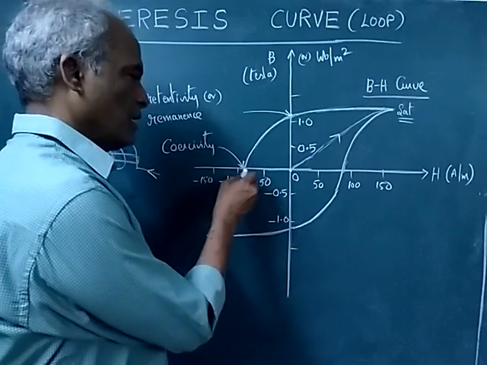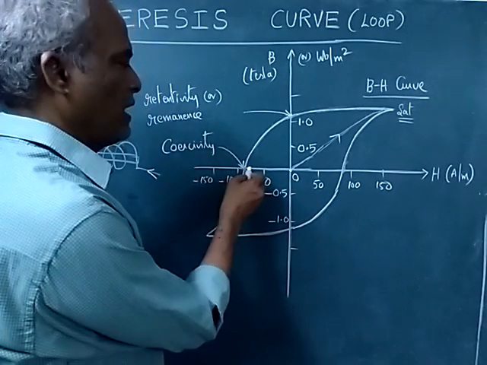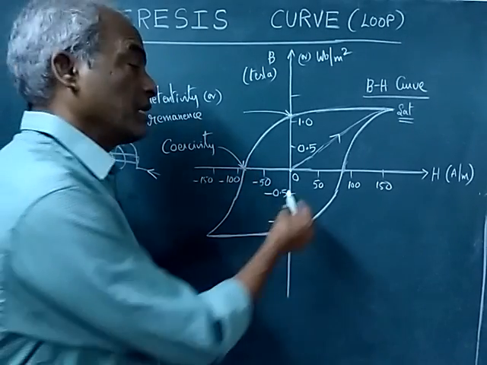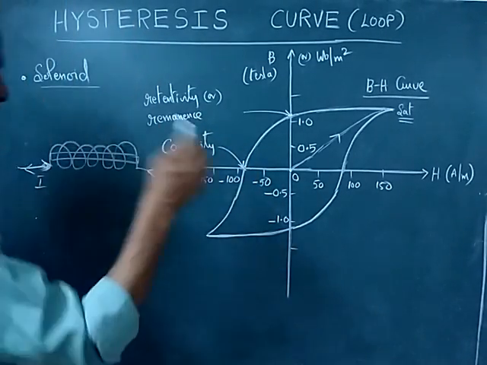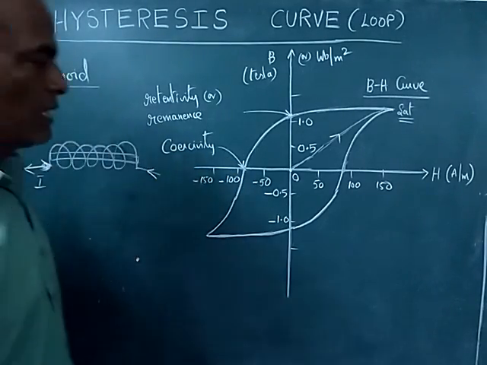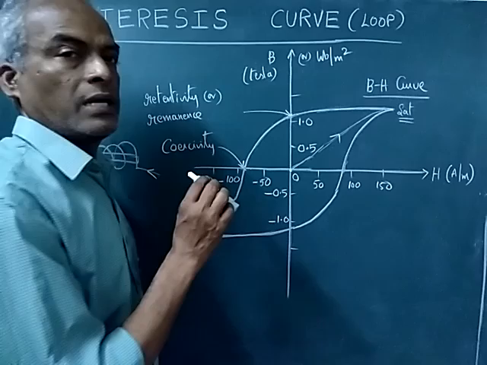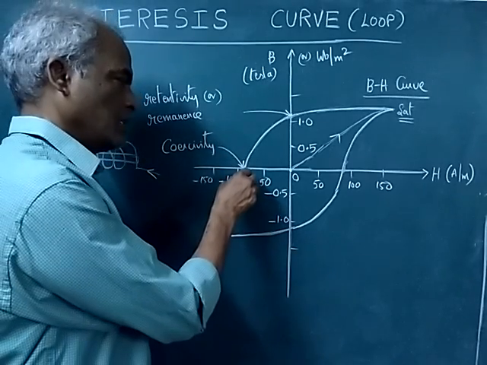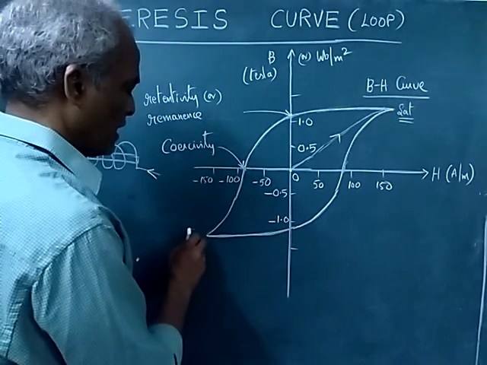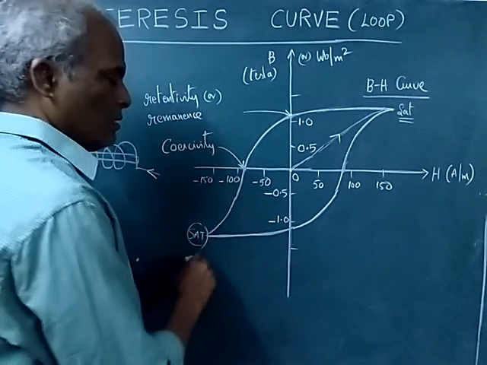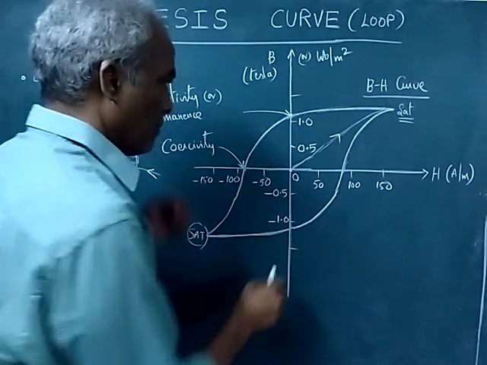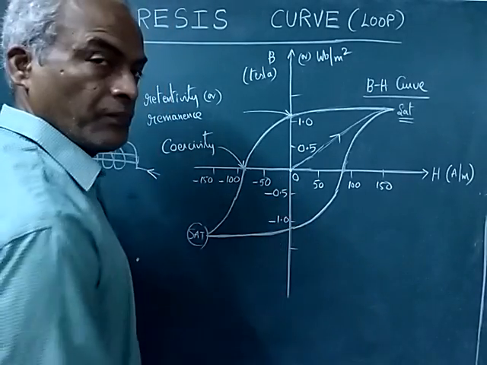Okay, so if you say this point may be 50, 75, 80 or 82, say 82 amperes per meter, but in the negative direction. So in this side it is in positive direction, but in this side it is in the opposite direction. Now you are increasing the current in the same direction, negative direction. The magnetic flux density slowly reaches, and it reaches a saturation point in the negative side. So now if you further increase the current, nothing is going to happen. It will have some magnetic flux density in the negative.